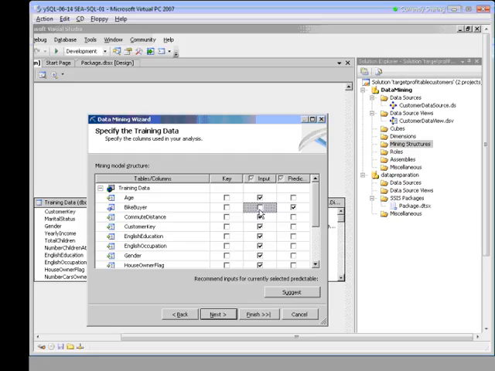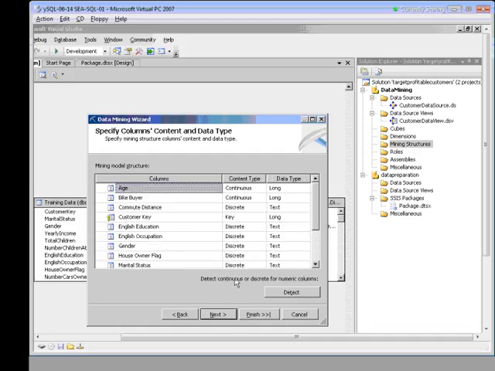Now we want to have a unique identifier for customers, which will be the customer key. Okay, so customer key we're going to create as our index or our key. Notice when I select that, that's no longer an input field. Next, we ask for additional information regarding the selection columns. Okay, so let's go ahead and click on Next here.